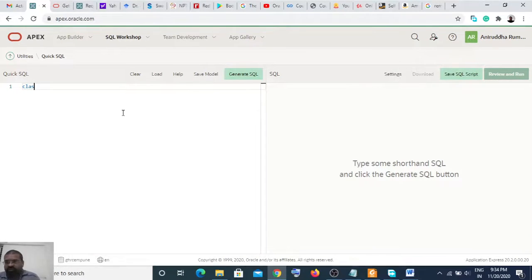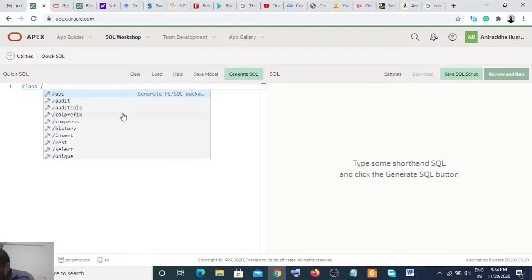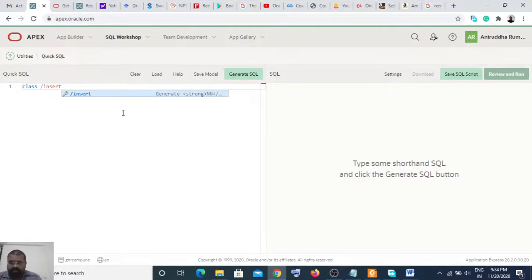So we can say class, and for the class we want to insert 30 rows.